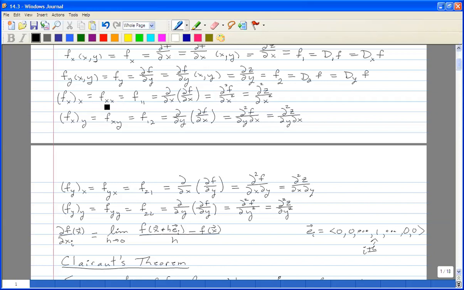You can use a subscript of xx, or 1, 1, and you can use z as equaling f of x, y. Same for the second partial of f with respect to y. Use the subscript of yy, or 2, 2. You can again use the curly d notation. I don't know why I didn't write it, but